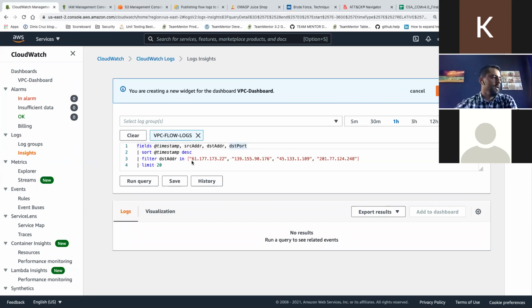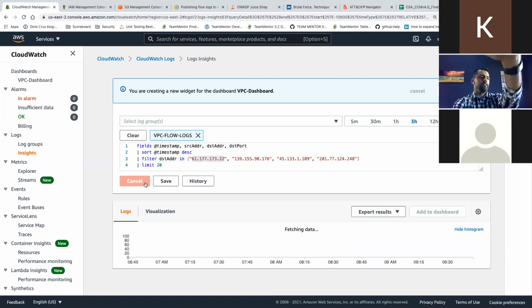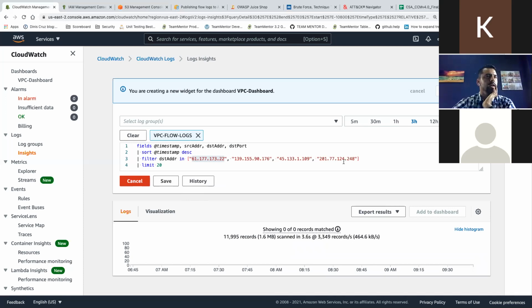Okay, good. So in this case, I'm creating a query that basically says, hey, from the VPC Flow logs, I really want to get the timestamp, the source IP address, the destination address and the destination port, targeting one of those IPs that are known bad, right? You can increase, for example, the last 3 hours or so, and then you run this query, right? As I mentioned, I don't know why this instance for me is very, very slow, but effectively in a very few seconds,